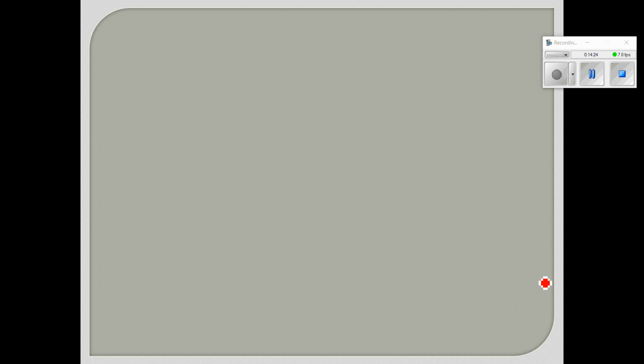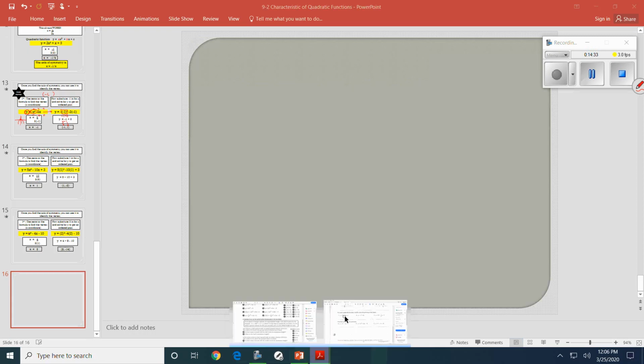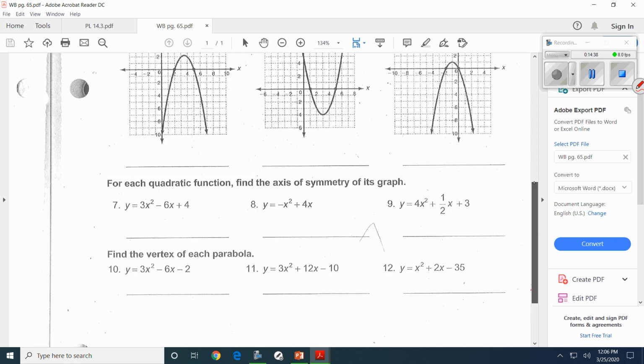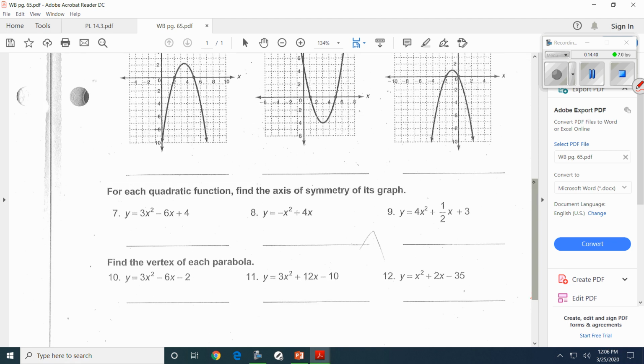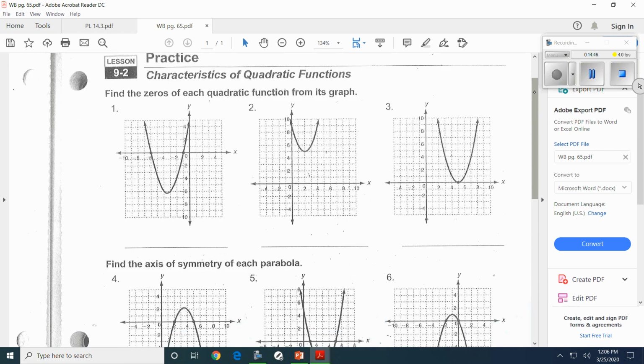Okay, I'm going to show you on your assignment today some things that you will be practicing. You're going to be stepping through. I'm going to start with this one right here because this page takes you basically every step of what we just did, practicing it. So at the top, we're doing the first step. It says, find the zeros. Where does it cross the x-axis? Here it crosses at,